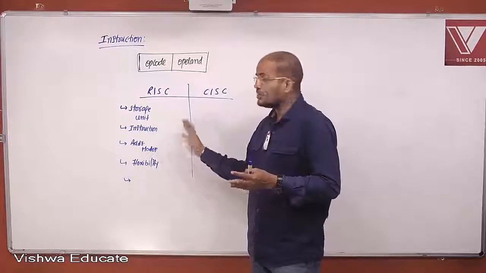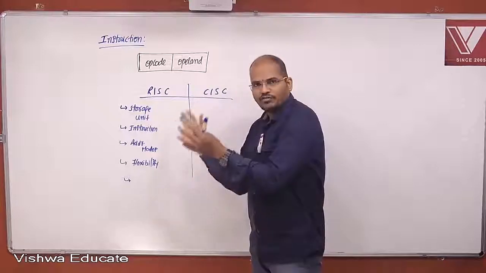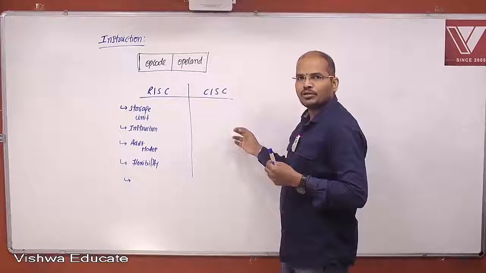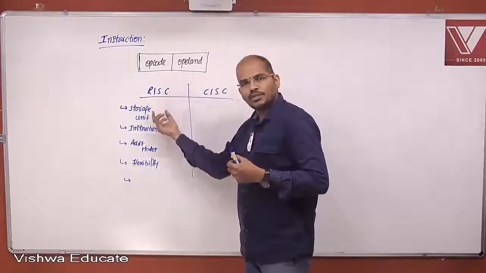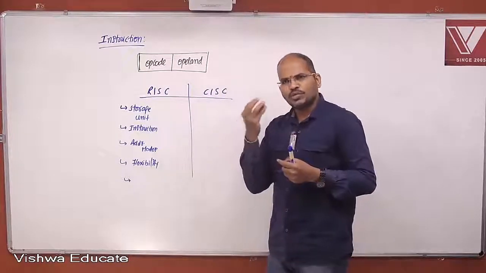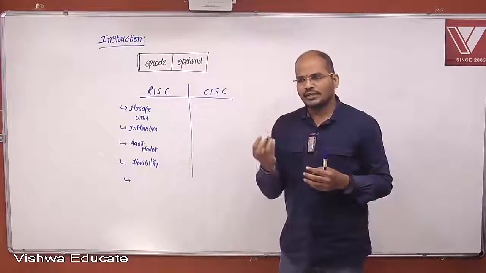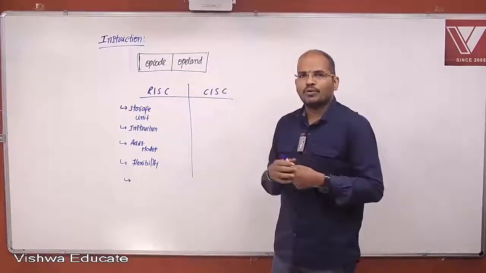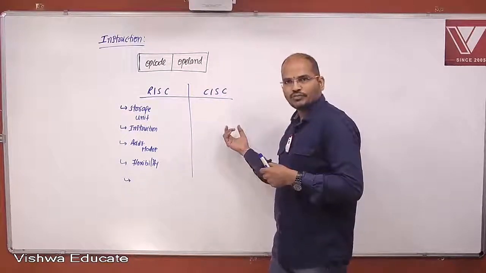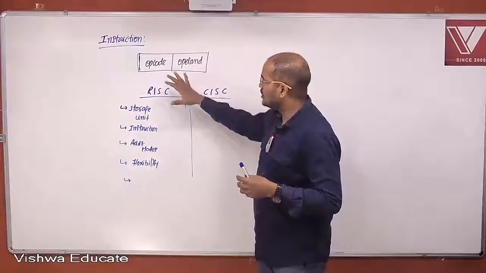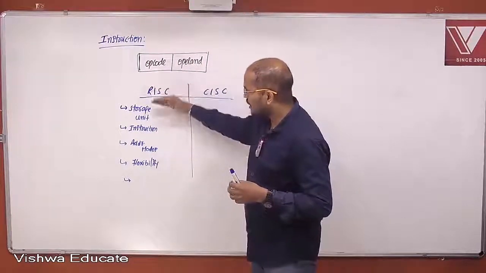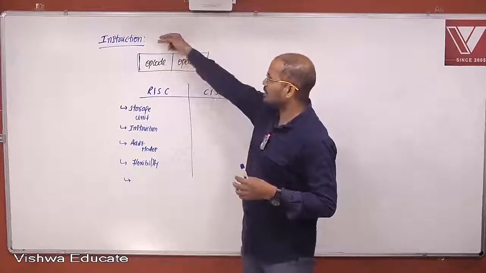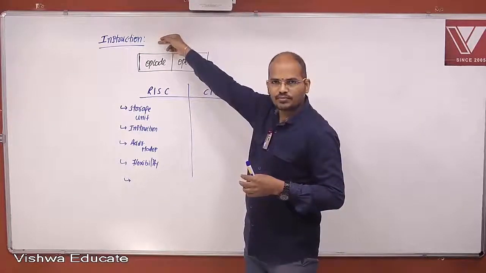But the disadvantage is the number of operations are confined in RISC when compared to complex instruction set computer. And in RISC based machines, an instruction performs only a single operation at a single instance of time, and in CISC we can make the machine perform multiple operations in a single unit of time. Right? So this is the basic RISC based machines and CISC based machines,